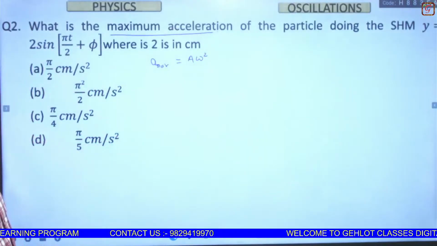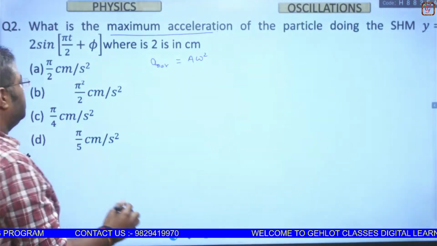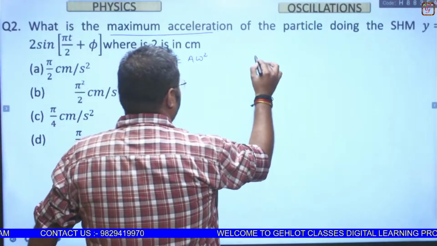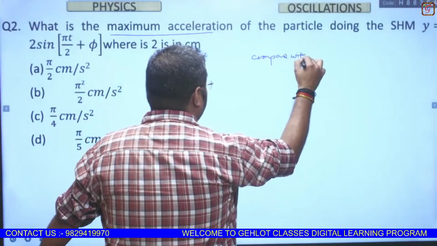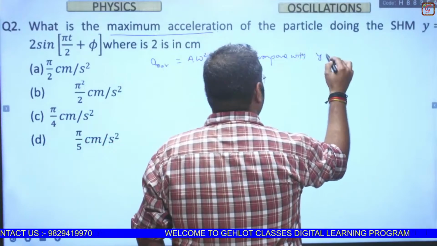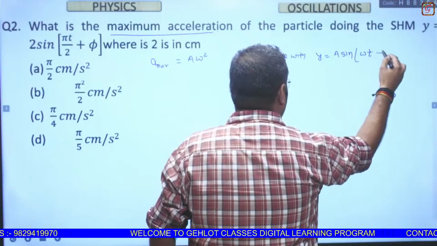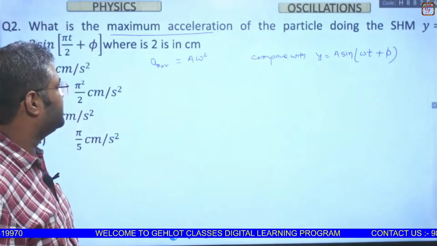Now we are going to find the value of A and omega. So from this equation we can compare with y is equal to A sine omega t plus phi,